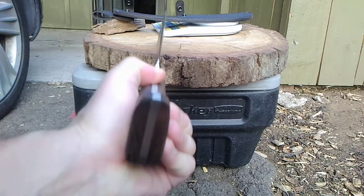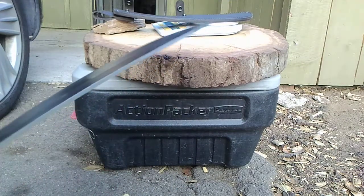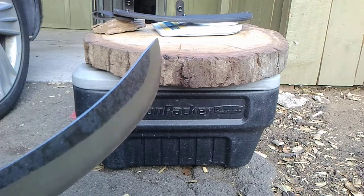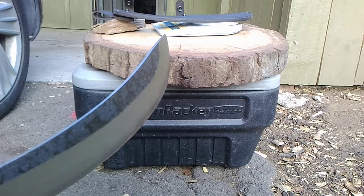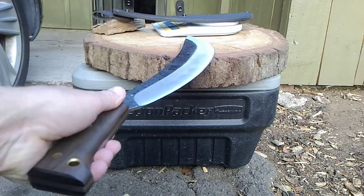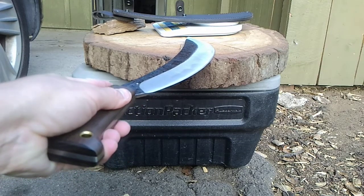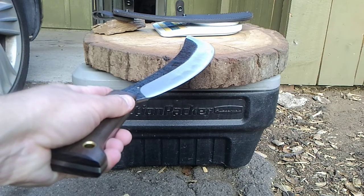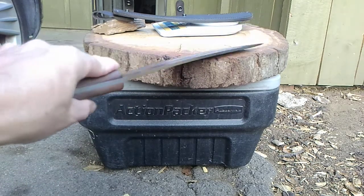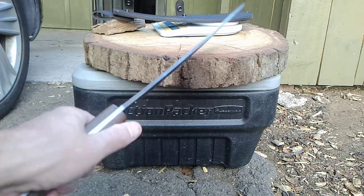I like the aesthetics of this knife. I like how it's constructed and put together. And it really works very well as a chopping blade. This blade would also work fantastically well for cutting bamboo, sawgrass, and any other type of jungle experience or jungle type vegetation. But more importantly, remember,